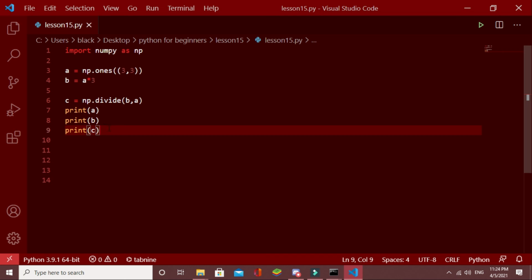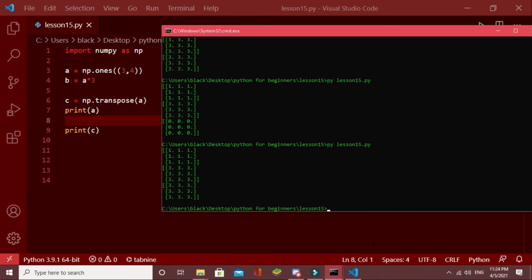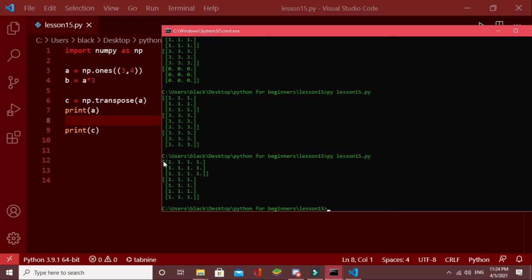Now let's see how to transpose the matrix. In here I'll give this as 4, and I'm going to transpose this A matrix and give that value to C. Here I'll transpose A, print A, and I'll give this B, and it will print C. This is our A, and after transposing, you can see there are 1, 2, 3, 4 rows.